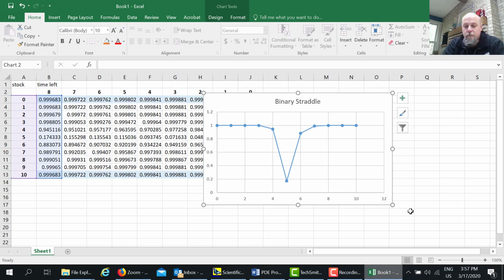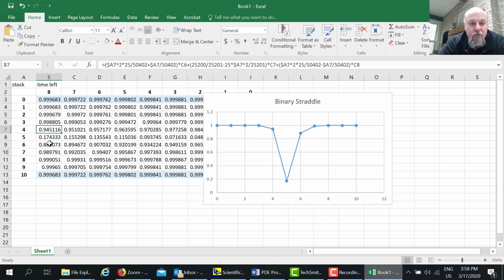Okay, where am I going with this? We've calculated the value. If someone said, okay, there's 8 days left to go on this binary straddle, and the stock is trading at $4, how much is it worth? I could go and say, oh, that's this point right here. It's worth 0.945. And then if someone said, oh no, the stock is at $5, that would be this 17 cents down here. And if someone said the stock was $4.50, this straight line is a little bit more honest,